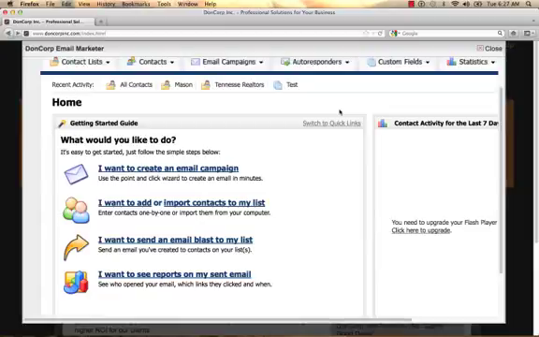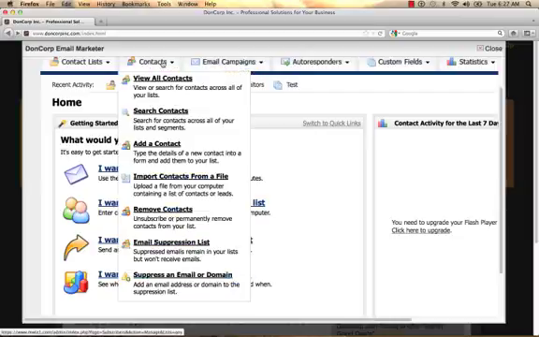Here we are back on the homepage of DonCorp's email program. Today we're going to be dealing with an overview of the Contacts tab, which is right here. As you can see, there's quite a few things in the list, and what we're going to be doing with this overview is just briefly touching on each one of them. There will be a separate video made on each individual item in that list, explaining in great detail how to